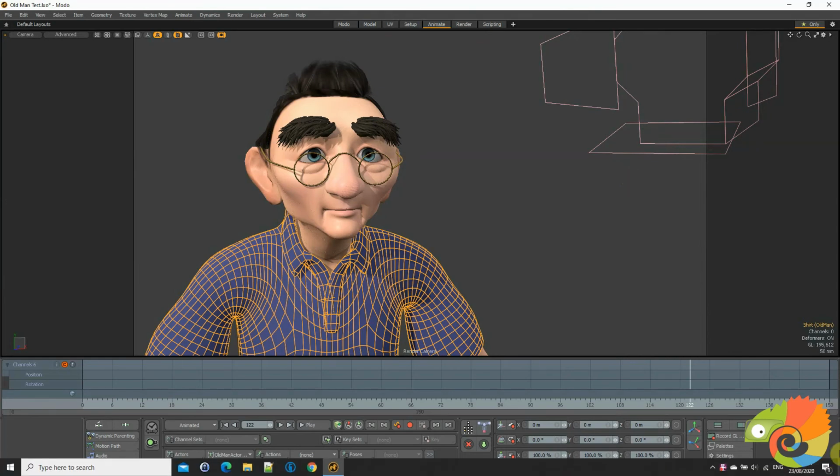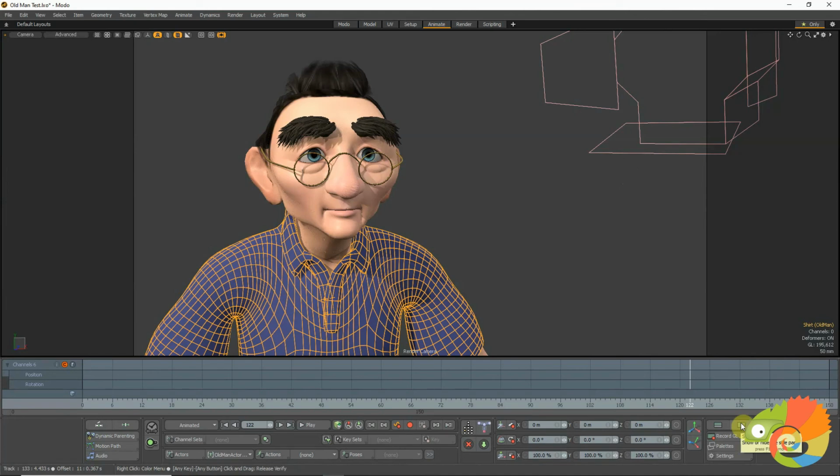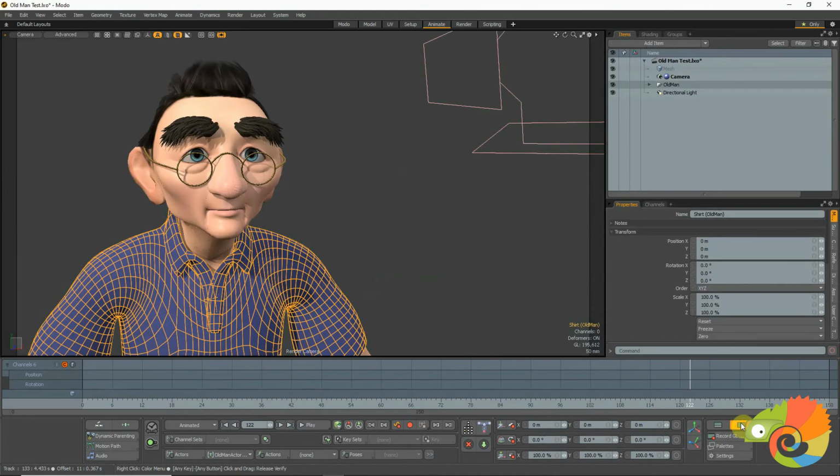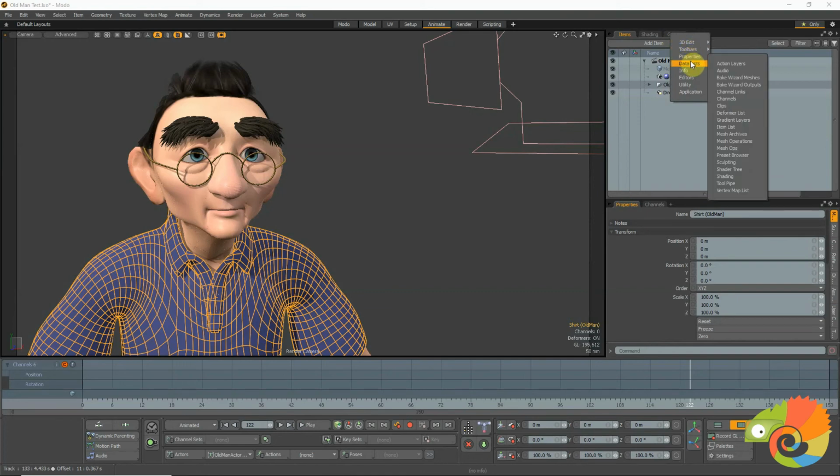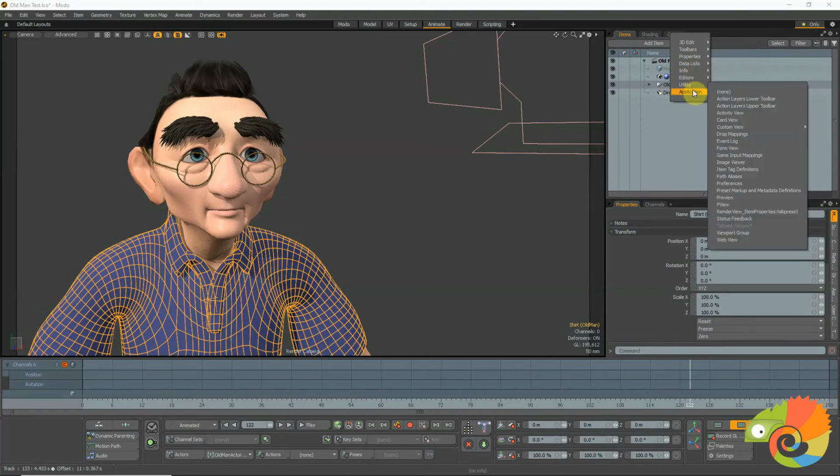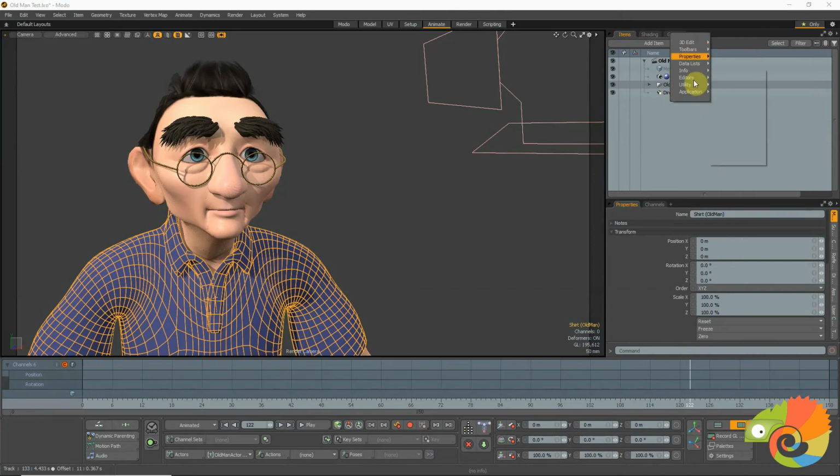Well, what we can do is we can come up to the side here, show the side panel, shows your scene, and we can come up to the little plus sign next to the groups, click on that, and from the menu, you can never remember where it is. We're looking for one that says Forms. Form View. Here we go. In Application,